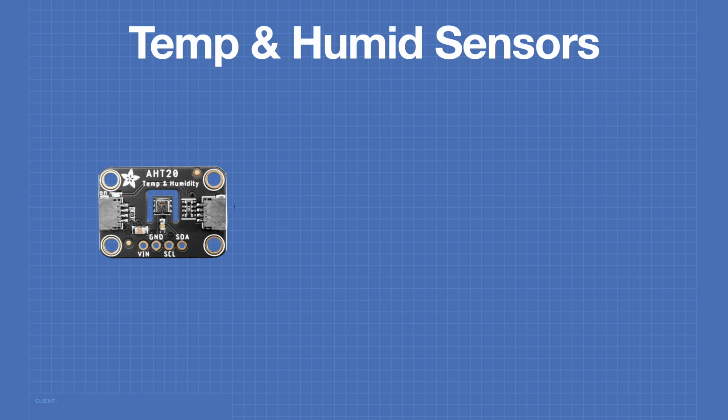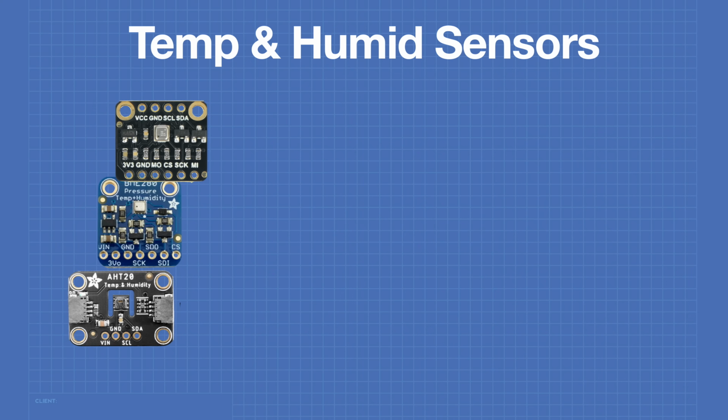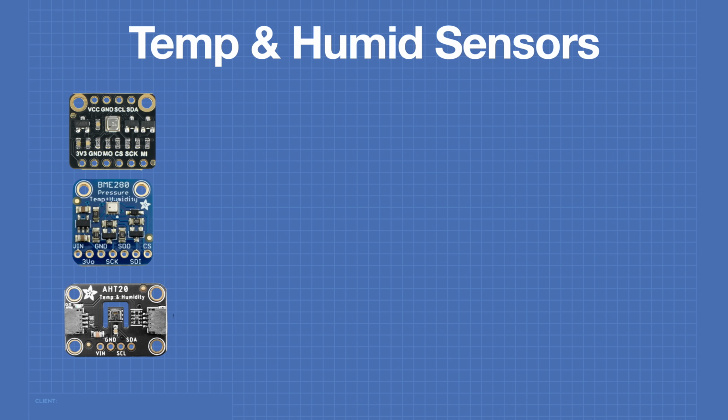So let's go over to that big breadboard and take a look at half a dozen I2C sensors. In order to obtain the best performance from some of our other sensors, we'll require accurate temperature and humidity readings. So we're going to start off by looking at some temperature and humidity sensors. The temperature and humidity sensors we'll be looking at today are the BME680, the BME280, and the